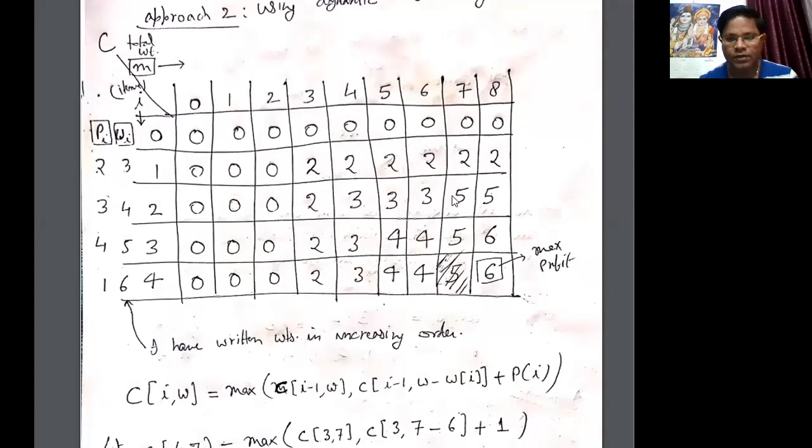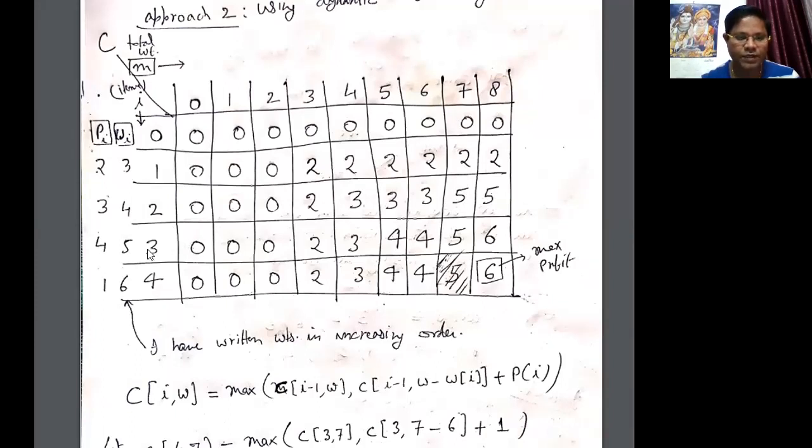Again, when the weight becomes 7, let us see these 2 items combined. If we combine them, the total weight is 4 plus 3 that equals 7. It means we are successful in combining these 2 items at a single time if the knapsack weight is 7. So the total profit is 3 plus 2, that is 5, so I am writing here 5. Now if the knapsack capacity becomes 8, since we have only 2 items, the profit remains 5, so just copy this value to this place.